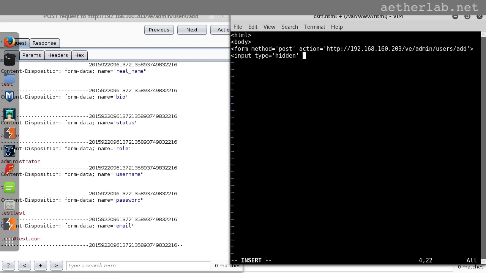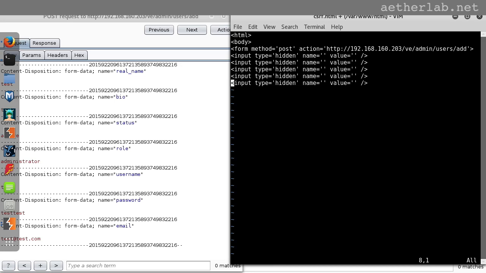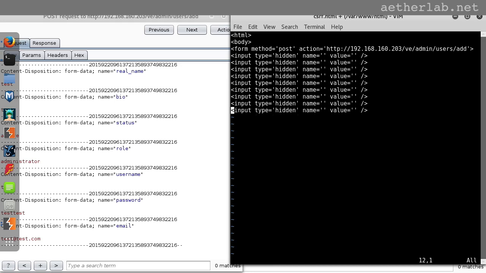So the type is hidden because we want these input fields to be hidden from the user so that he doesn't see this malicious form. And then they have some kind of name and value and close, and we need 8 of this. Actually we will need one more for the submit button. So 9 inputs,